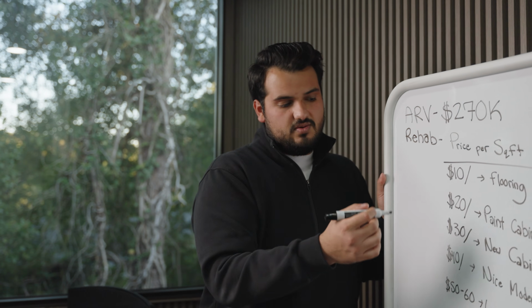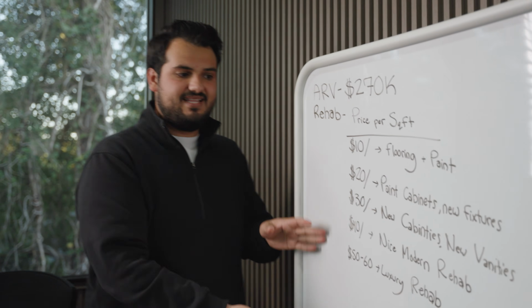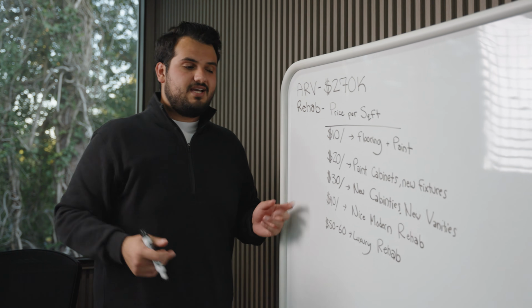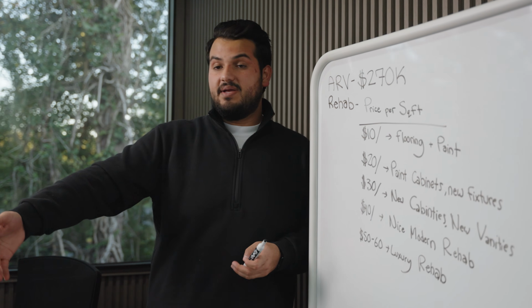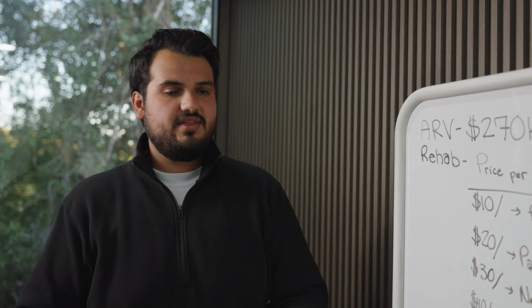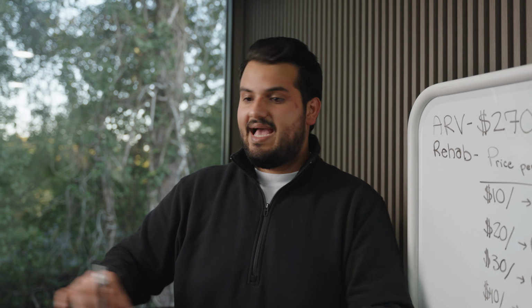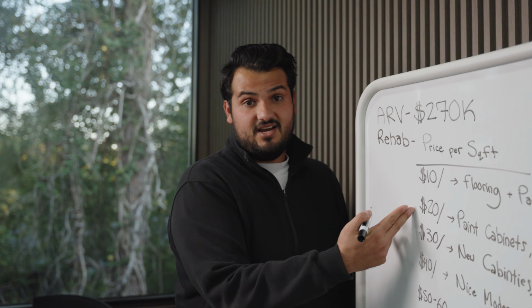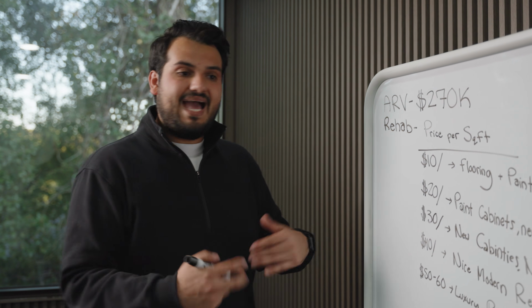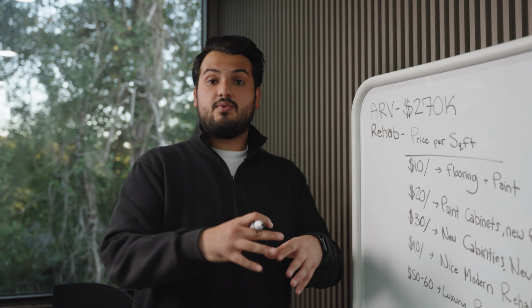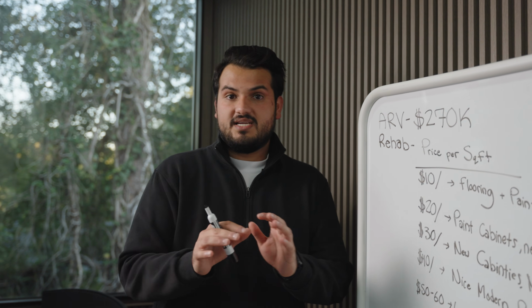So when we have this range here, that'll kind of guide the type of rehab that we need. How are we determining where we're gonna go with this? Well, one, how bad a shape is the house currently in? Like I mentioned when we were going through Zillow to determine the ARV, let's say our house needs new cabinets. Whether every comp around it has old cabinets, our house needs new cabinets. So we kind of have to do this, right? But let's say it didn't. We have the choice now: should we just replace the cabinets or should we paint the cabinets? How do we determine that? Well, then we're gonna look at the comps and we're gonna see what condition did those comps sell in? And that'll determine how much we spend, right?